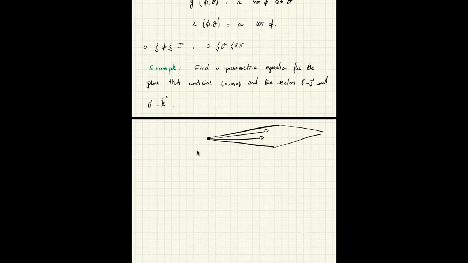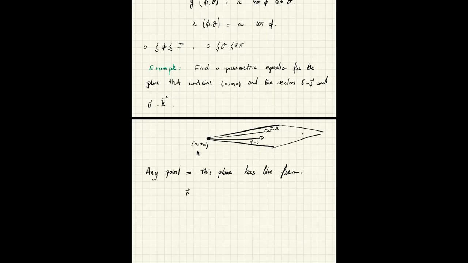This is the vector i minus j, this is the vector j minus k, and this is the point 0, 0, 0. So every point on the plane can be reached, so any point on this plane has the form